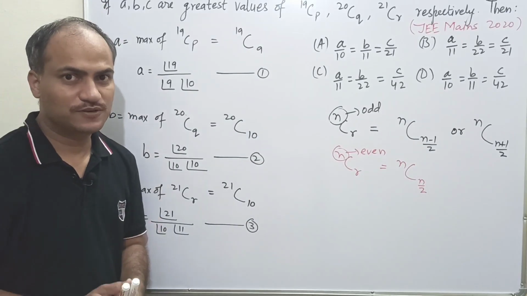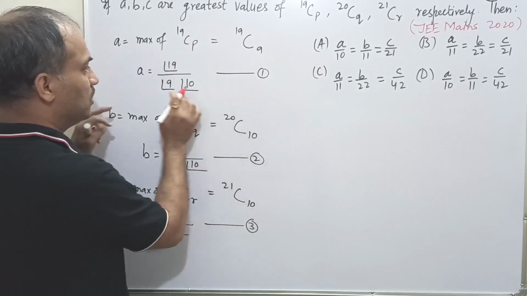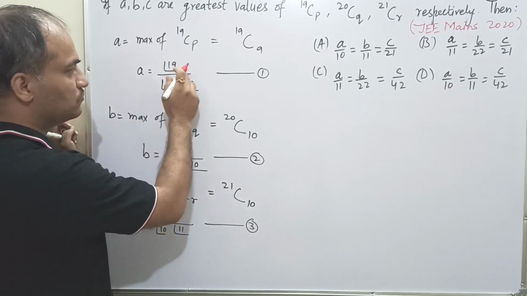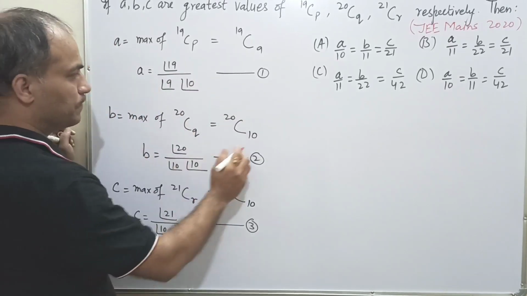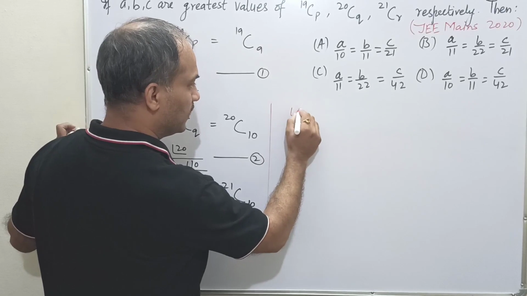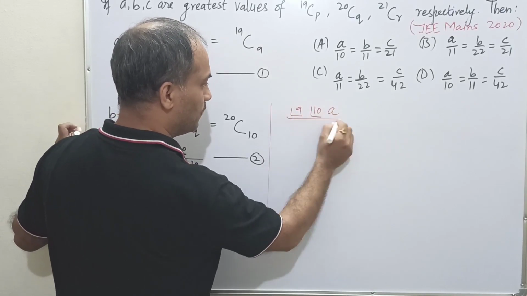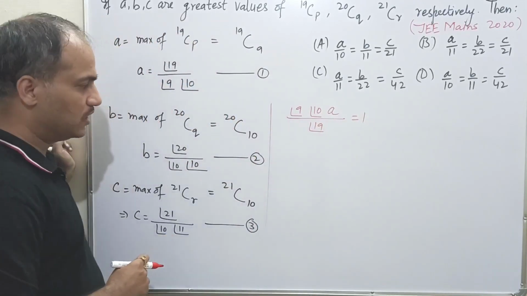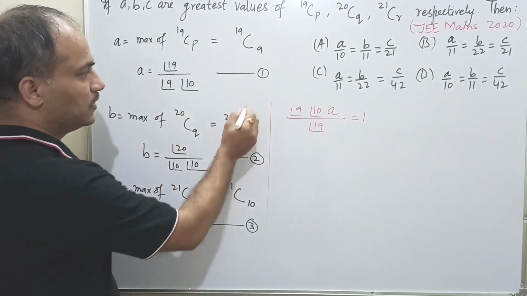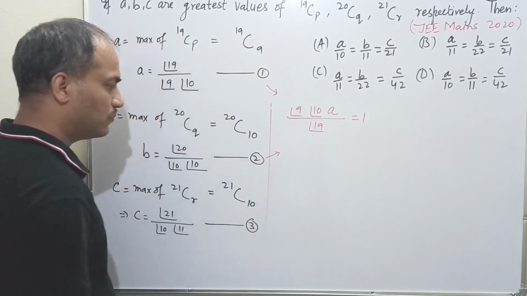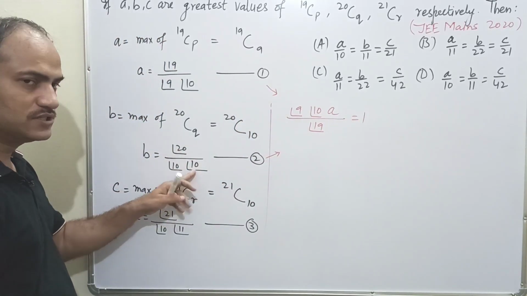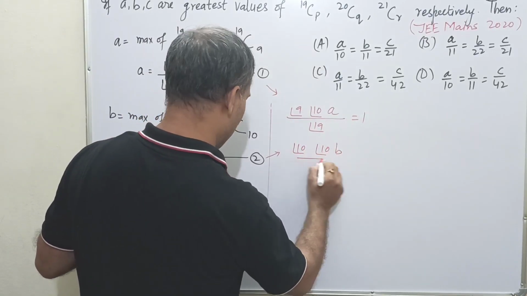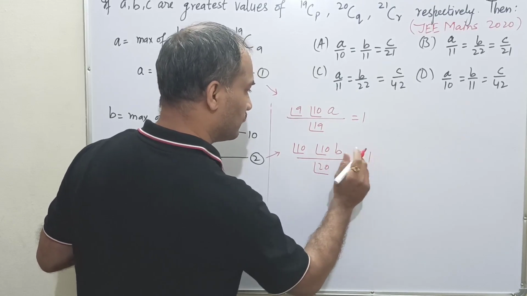This means we have to take the ratio of these three variables. Now how can you find the ratio? Let us see. From equation 1, if we take this entire term towards the left, these two values will come here. So factorial 9 factorial 10 into A upon factorial 19. What will it be? It will be 1. This is from equation 1. Similarly, from equation 2, if we take these factorials towards the left, it means factorial 10 B upon factorial 20. This will also give us 1.